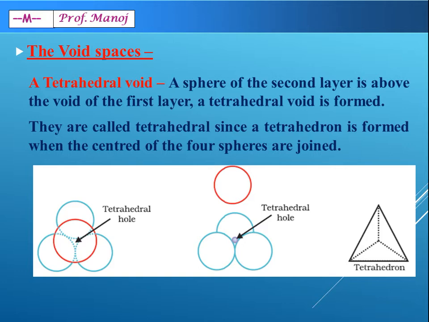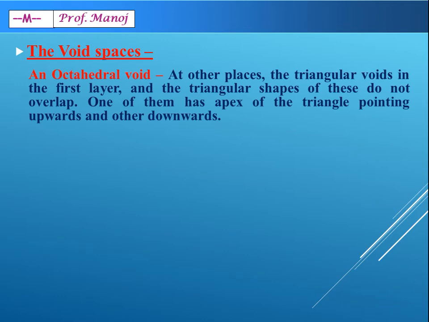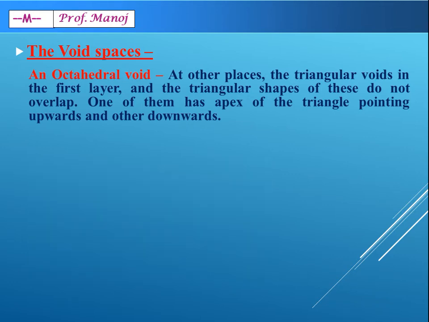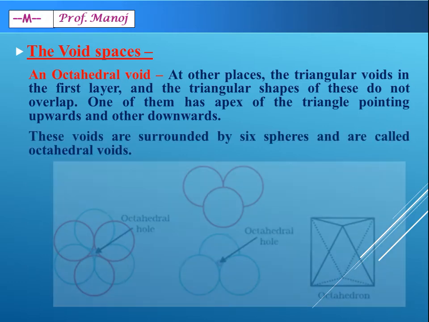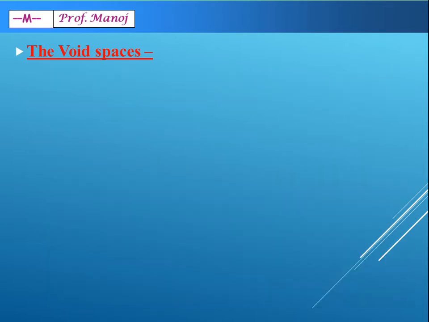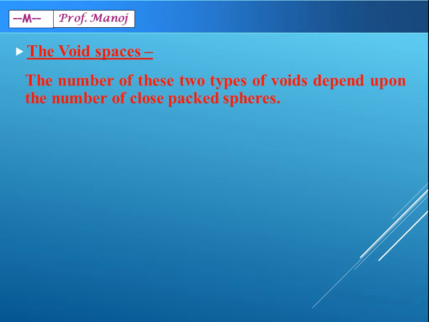A similar thing we had seen was an octahedral void. This was formed by placing three atoms in one layer and another three atoms above. A better diagram could be seen this way, where you have six spheres shown in opposite directions. Also, we had seen last time what an octahedron is and how 6 atoms create the number 8 in the octahedral figure. Let us now go for the details of these octahedral and tetrahedral voids.